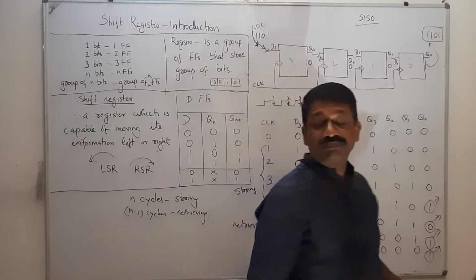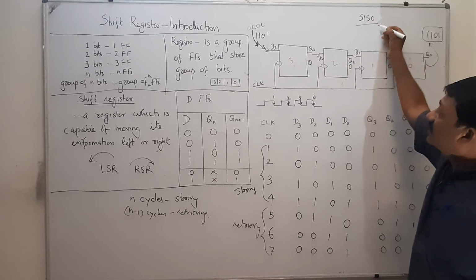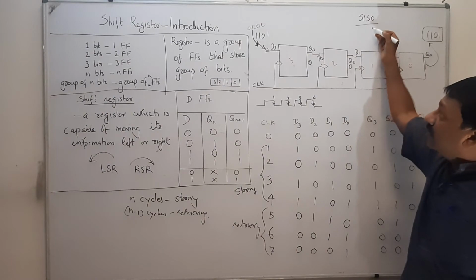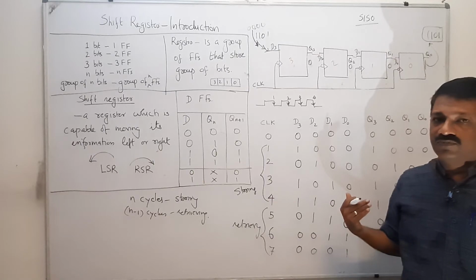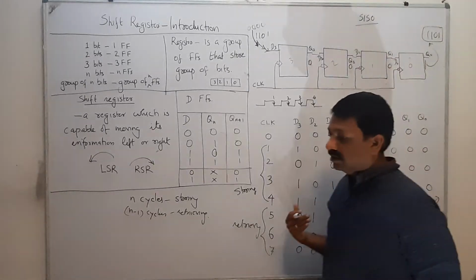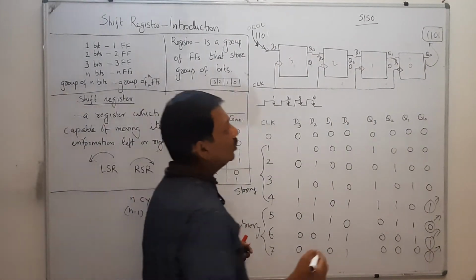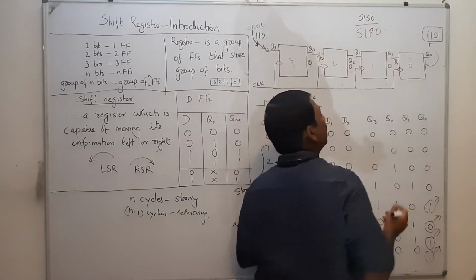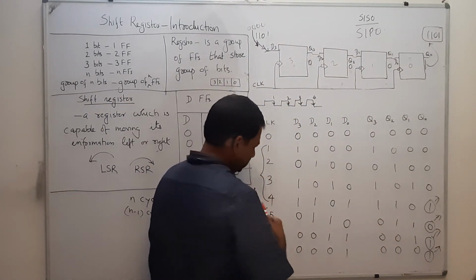So this is an example of serial in serial out. That means you are serially inputting data and you are taking it back serially. Serial input and serial output. Okay. Then suppose that if you want to retrieve this parallelly, that means I am going to make a minor modification for this. If you want to retrieve this parallelly after 4 clock pulses,